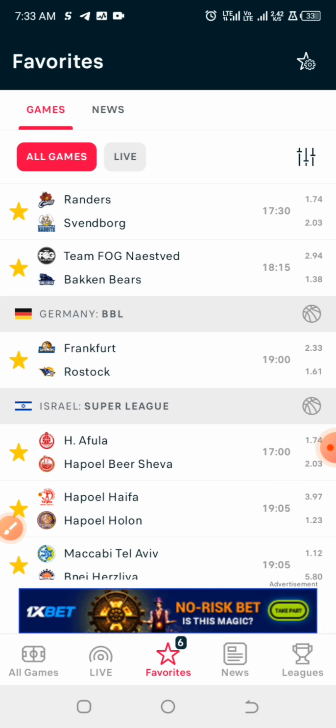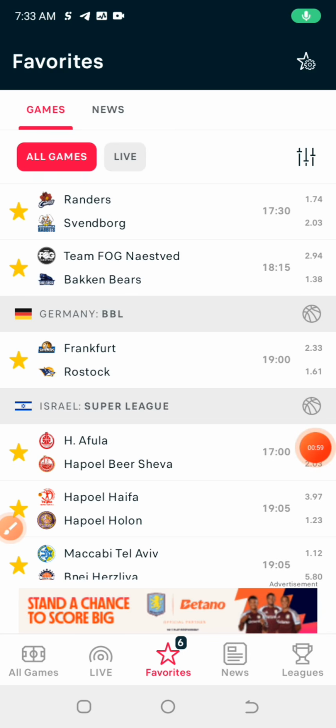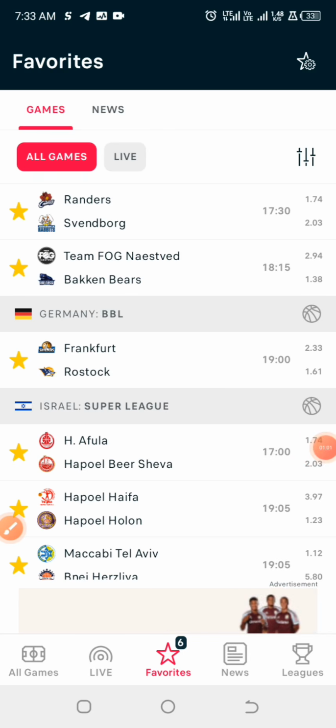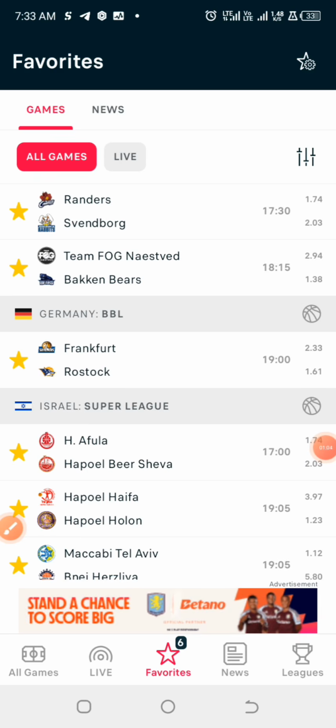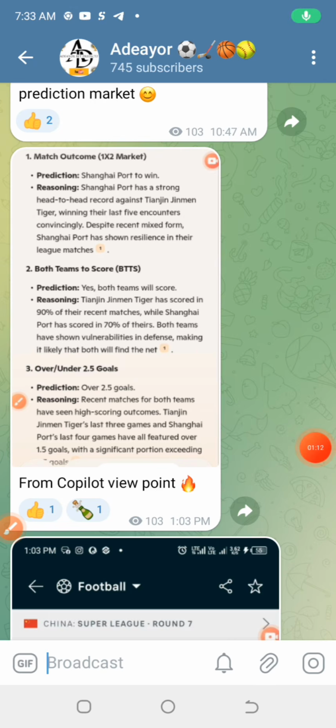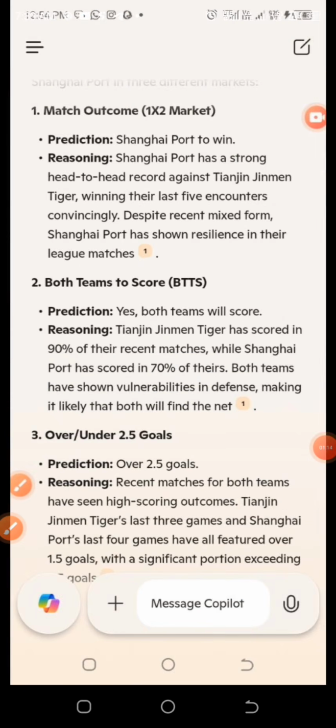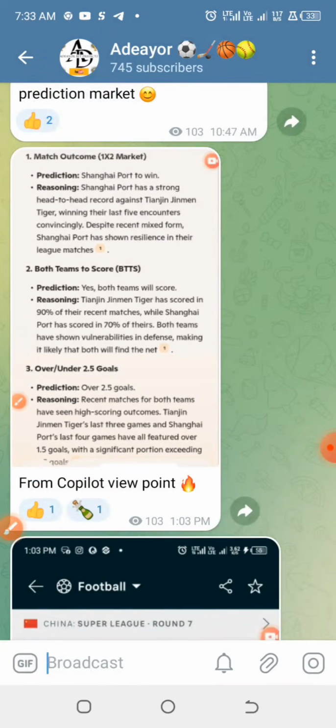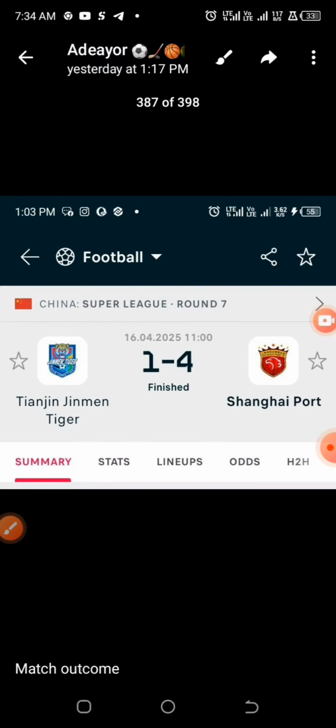But first, I would like to show you the prompt and the process of how to apply it on all these AI apps that we are talking about. The first AI we are going to be using is ChatGPT. We are also going to be using DeepSeek and Grok. In case you want to apply this prompt on football, you can access the video link of how to apply this prompt on football prediction. I've made a video on that already. So we are moving on to how to apply this prompt to basketball games.